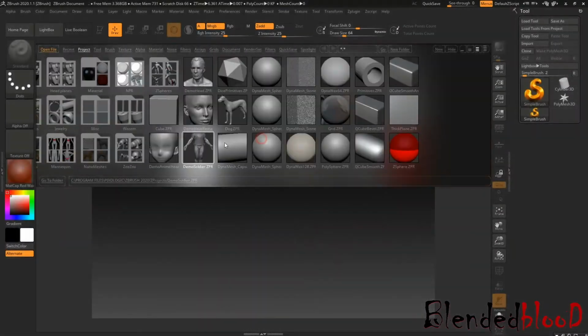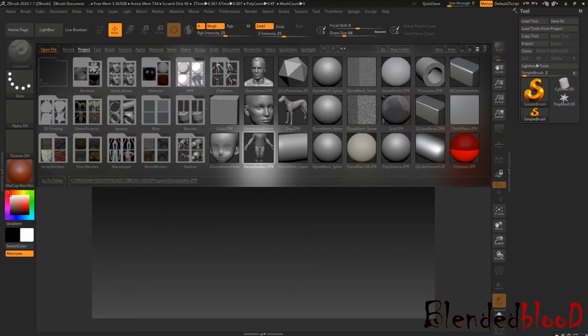Hello. So it's the first lecture for ZBrush, okay? And I'm going to talk about a few basic tools. And why am I going for ZBrush for now? Because during photorealistic character modeling or creature modeling, I need to go for ZBrush, okay? So this will be your first lecture for ZBrush.